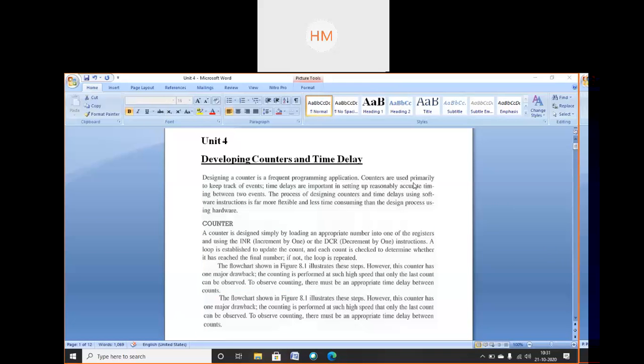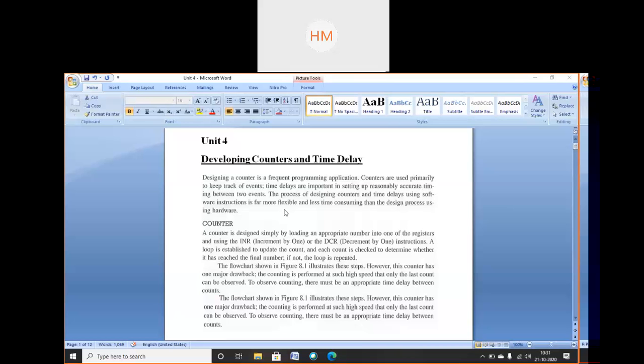Counters are used primarily to keep track of events. Time delays are important in setting up reasonably accurate timing between two events. The process of designing counters and time delays using software instructions is far more flexible and less time consuming than the design process using hardware.